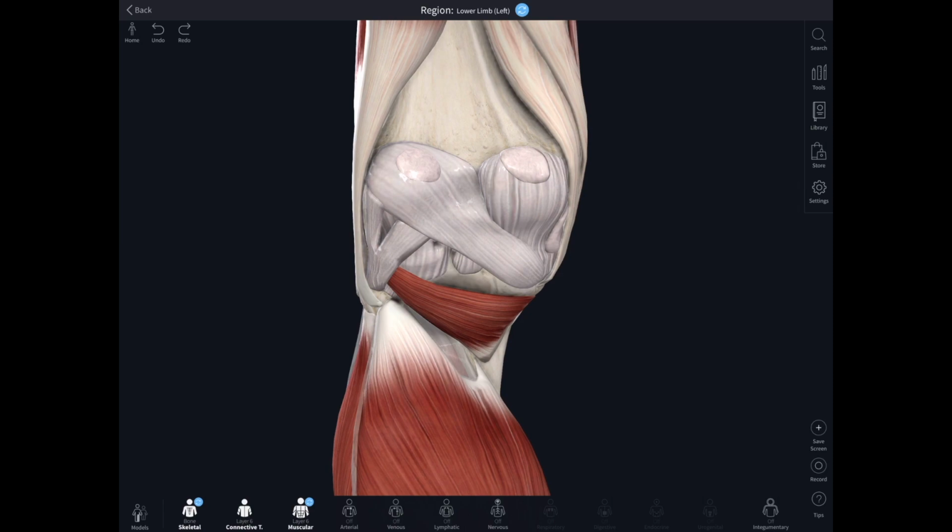And that locking mechanism involves a medial rotation of the femur on the tibia. It makes sense to talk about it that way round because your foot and your leg are the parts that are staying still. So usually when we talk about medial and lateral rotation, we talk about the distal segment of the limb in relation to the proximal segment. This time I just want you to think about the proximal segment in relation to the distal segment. So we talk about the medial rotation of the femur on the tibia in order to tighten all those ligaments